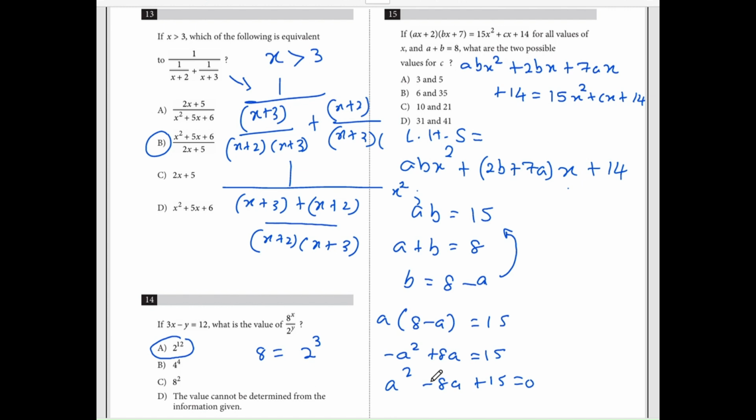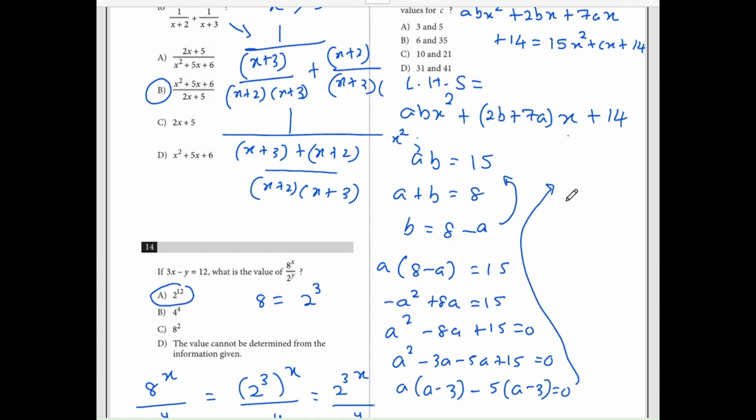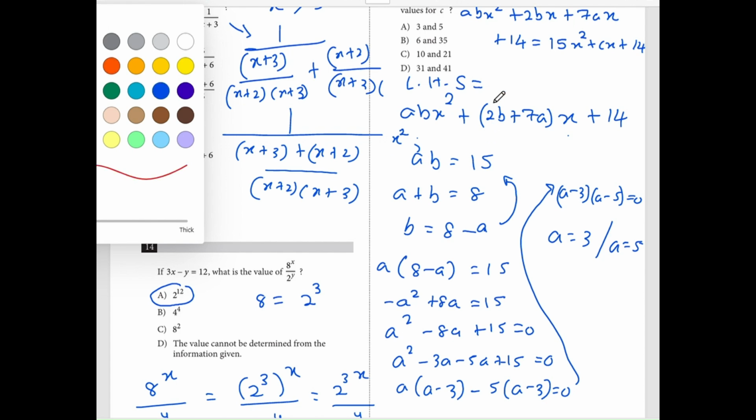We can simply solve this. a squared minus 3a minus 5a plus 15 is 0, a minus 3 and minus 5, a minus 3 equals 0, then a minus 3 into a minus 5 is 0, then a is 3, or a is 5. And with the coefficients of x,